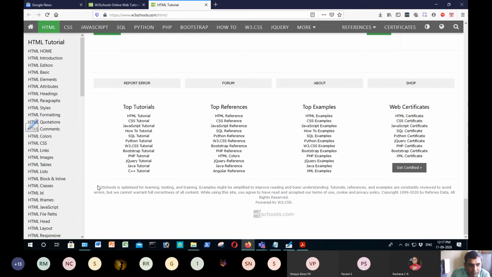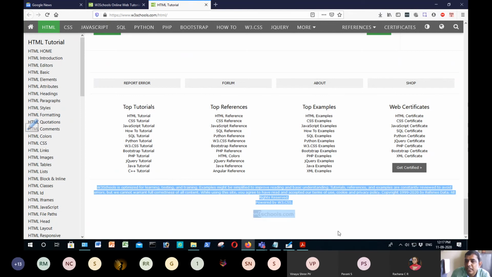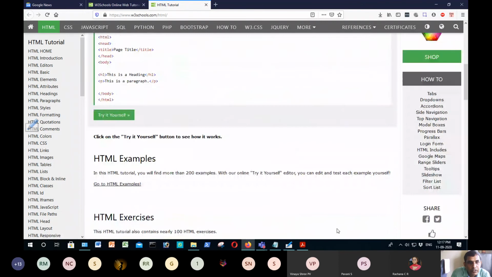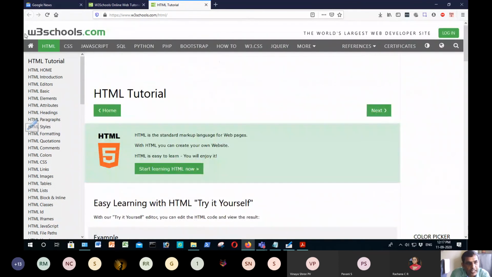So this is the footer of our website w3schools.com. Similarly, in the header, if you see here, this is a header. In the header you might have w3schools.com, the world's largest web developer site, then login. All these things are actually the header. So you can go and see these things, header and footer.